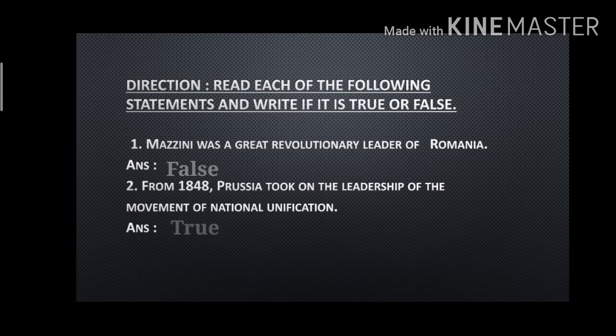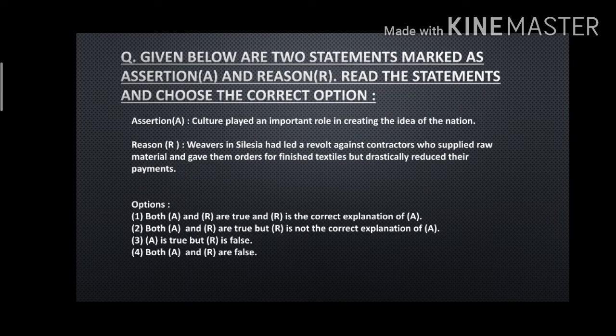So we move on to the next type, that is assertion and reason. Now these questions were included in the board of class 9-10 from last year onwards. Now see what is there. Here two sentences will be given. First is the assertion. Assertion means like any sentence, a statement. And reason means they are asking you that this reason is the cause behind the assertion. Reason का जो sentence होगा वही कारण है assertion के पीछे. Okay. So whether it is or not, that is for you to find out.